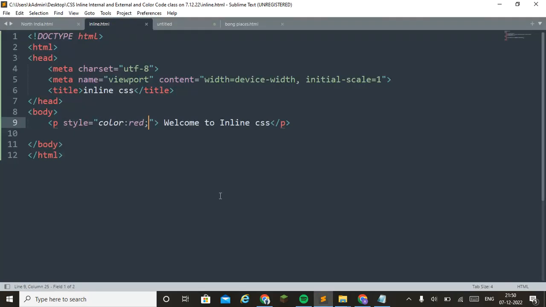So within the line of HTML, if we want to create CSS, then we have to use inline CSS. Right? Now we want to create internal. Already we have done internal CSS in our previous assignment. This is inline, within the line we are giving the CSS effect. Now we want to create another page for internal.